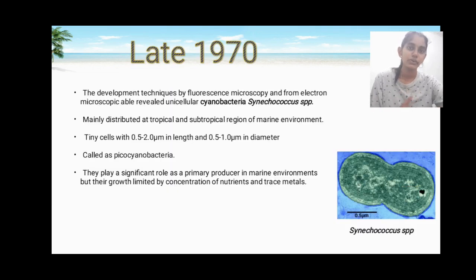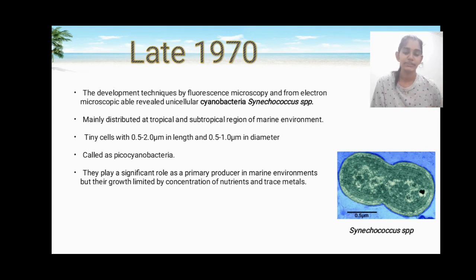Okay, let's see about the late 1970s. At the late 1970s, with the development of the microscope technique and the electron microscope, they were able to reveal cyanobacteria Synechococcus. This species is mainly distributed in the tropical and subtropical regions of the marine environment. These species are also called picocyanobacteria because they are tiny cells, 0.5 to 2.0 micrometer in length and 0.5 to 1.0 micrometer